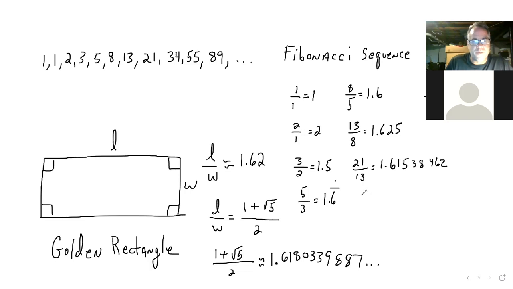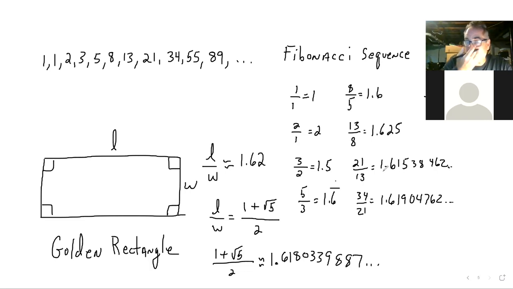Let's do one more, which would be 34 over 21. Now, mind you, this keeps going. Didn't stop. I just cut it off there. So now 34 divided by 21 gives me 1.6190476 and I can keep going, but I think it's already fairly evident